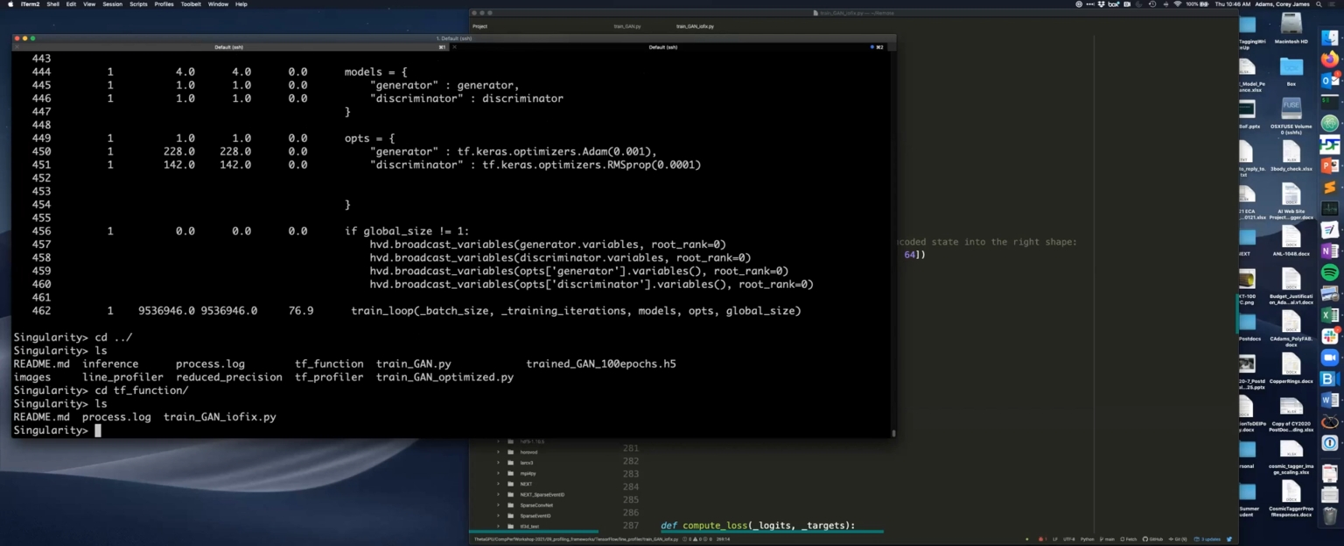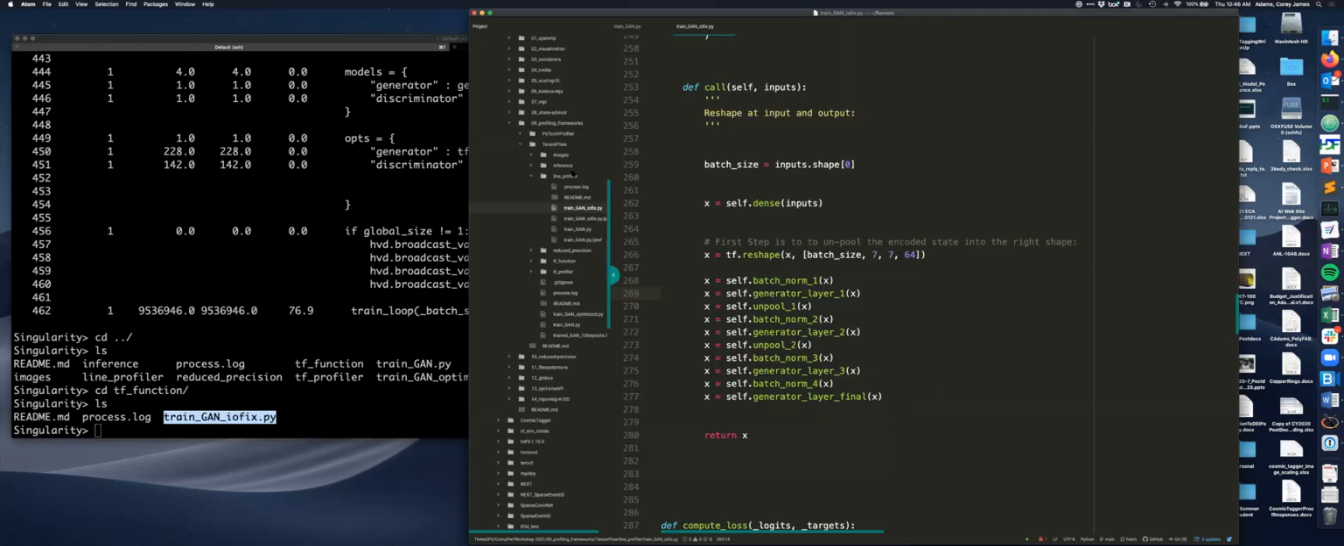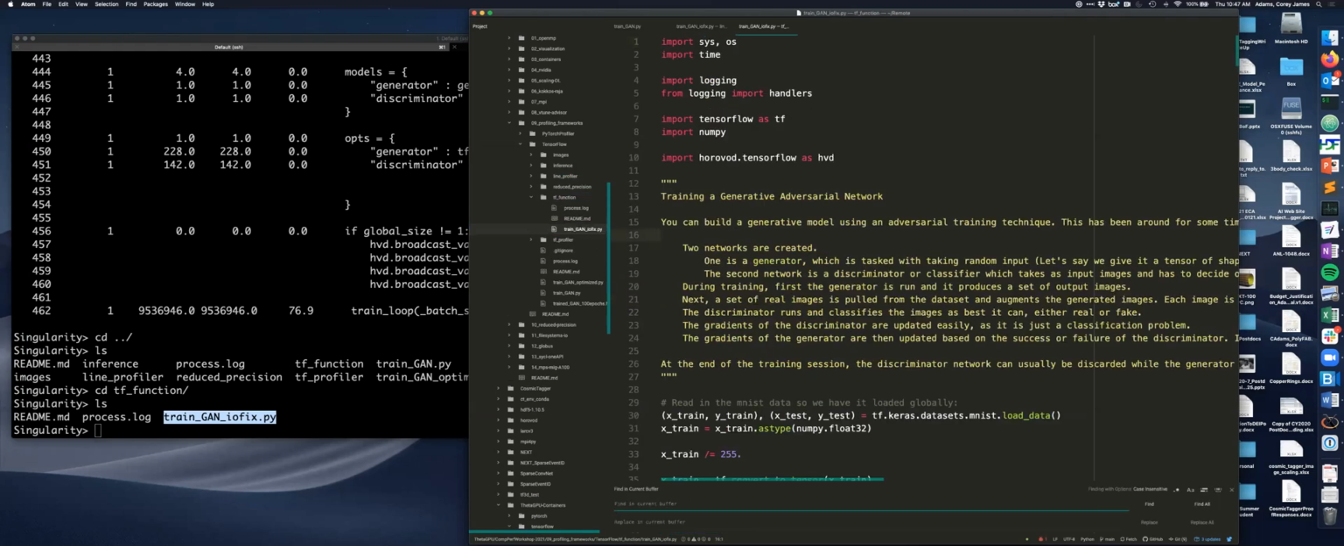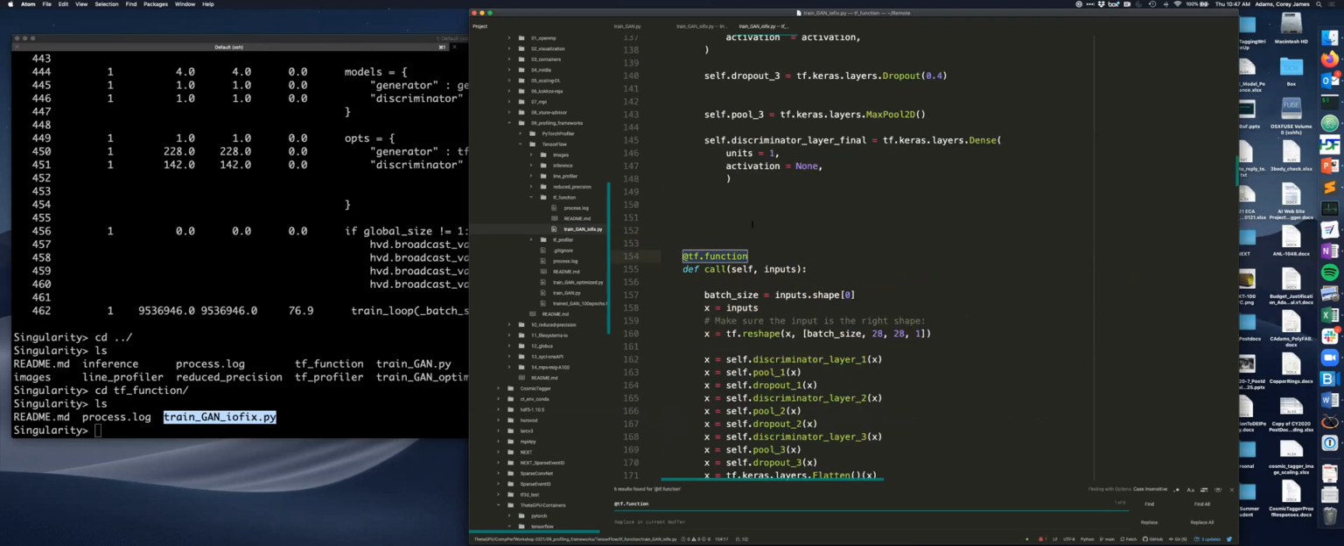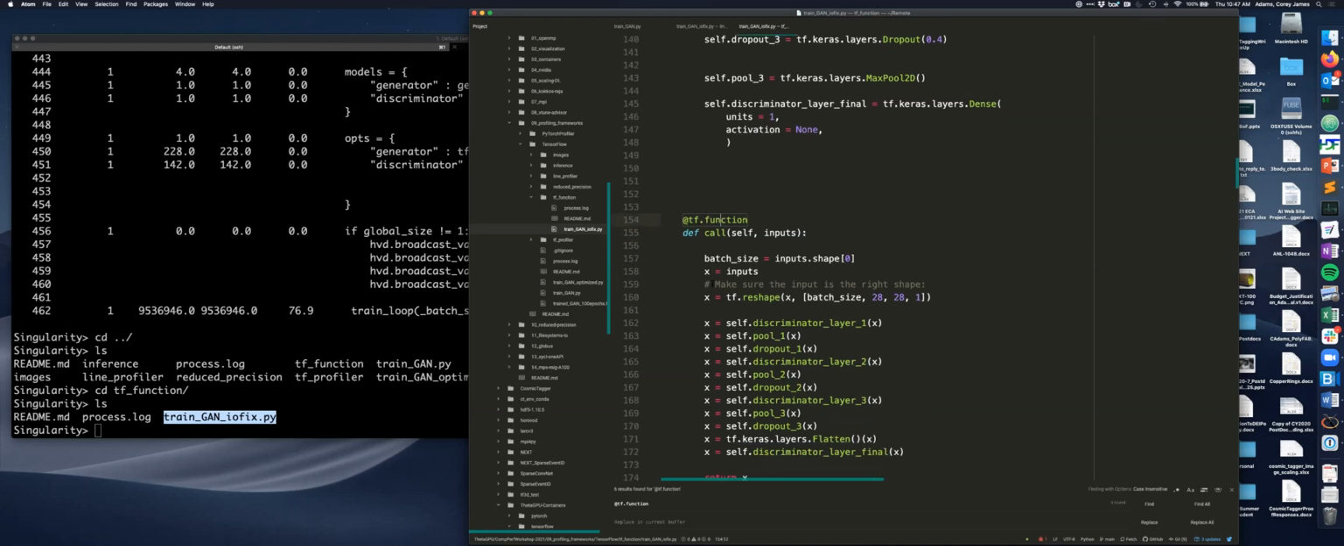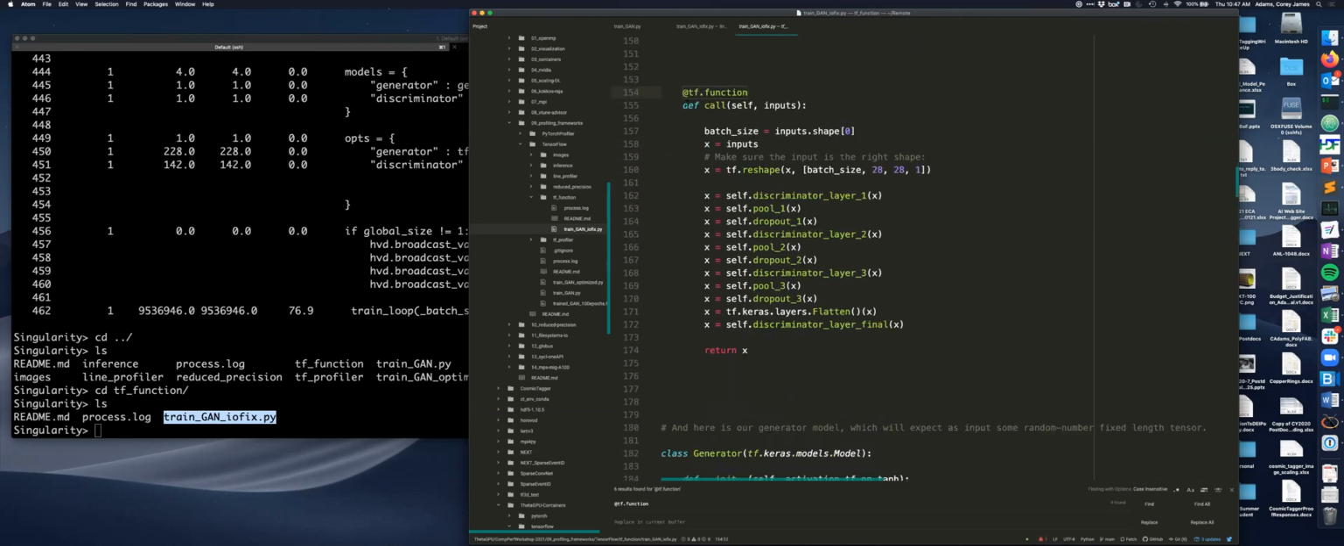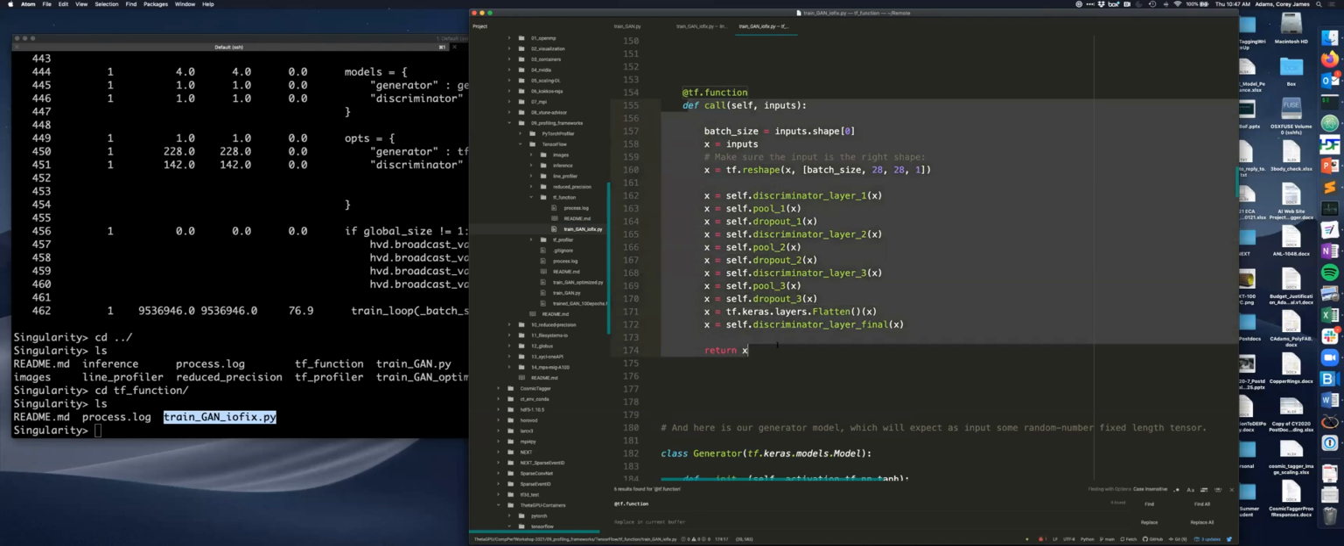Okay, so I have the same implementation that we fixed with the IO in here, but now I have these decorators. At TF function. So this is a TensorFlow syntax. Just like the profiling hook was a decorator and took in a function and returned a function, this is doing the same thing, but this is telling TensorFlow, the first time you go through this function, trace everything that happens,